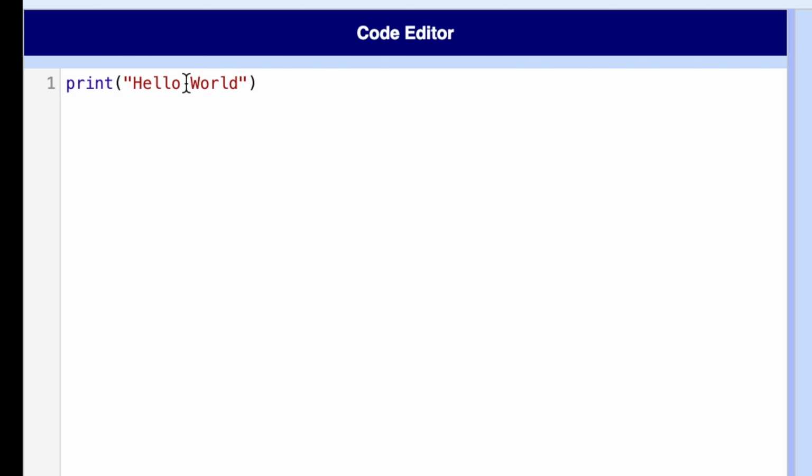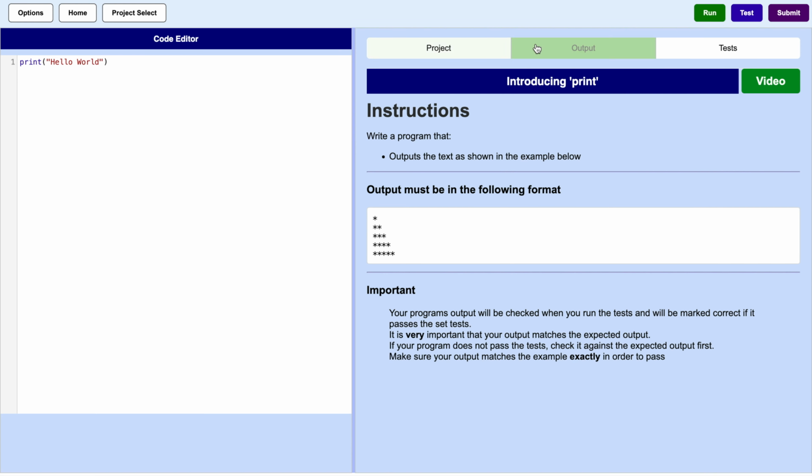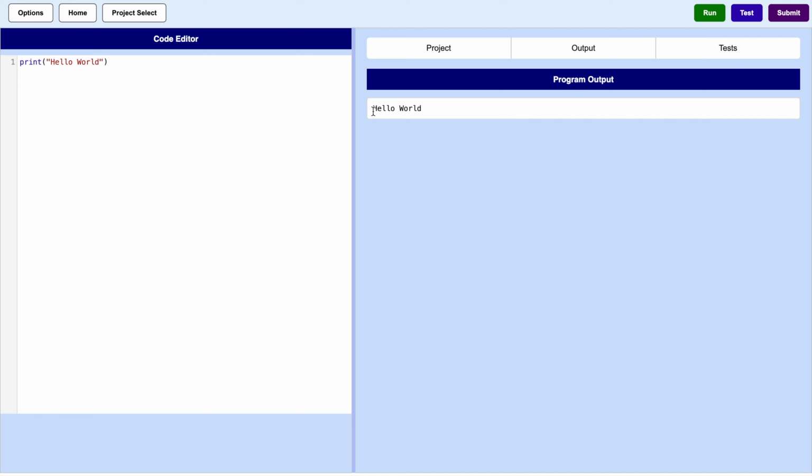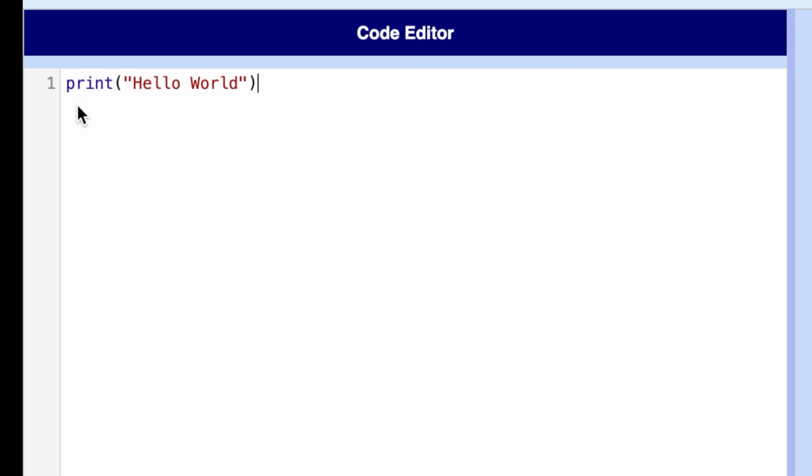So this will output the words hello. Let's have a look what happens when we press the run button at the top right hand corner, and you can see it has output the words hello world. Now then, if we make any errors, we've got to be very careful with our spelling here, because if we make any errors,